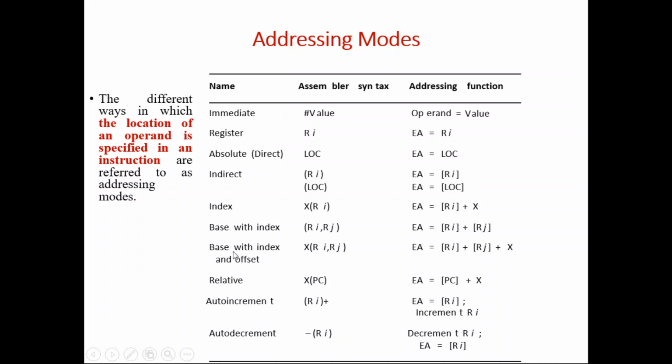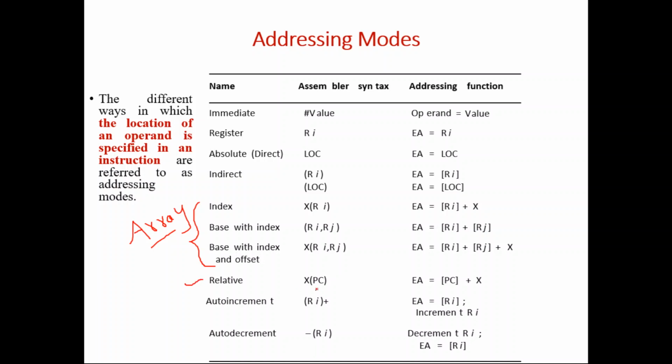This type of indexing addressing mode we use when we want to access an array. All these basically come under one category. It is used when we want to access an array, because an array will have index locations. First you want to access the element of the 0th location, then the first location, and the second location, and so on and so forth. And then there is something called the relative addressing mode.